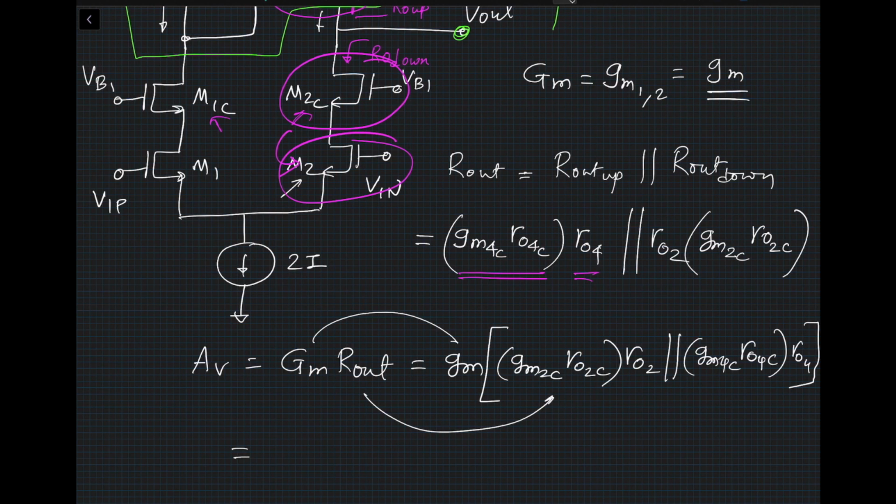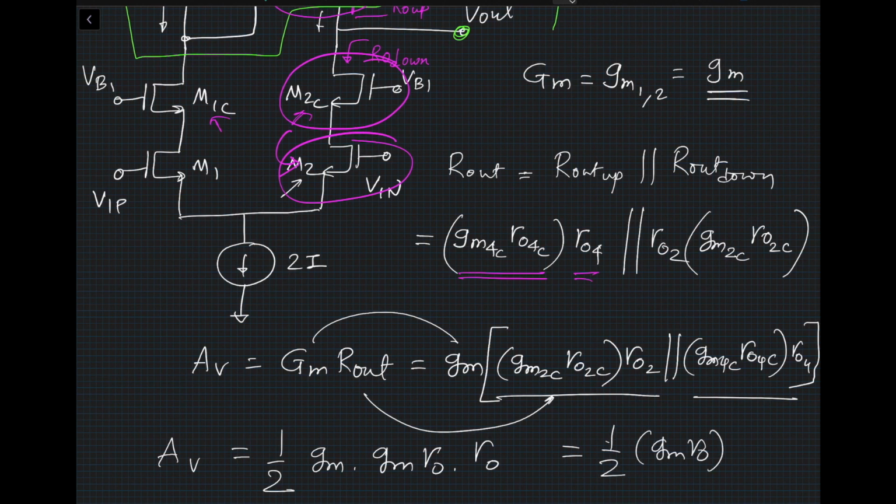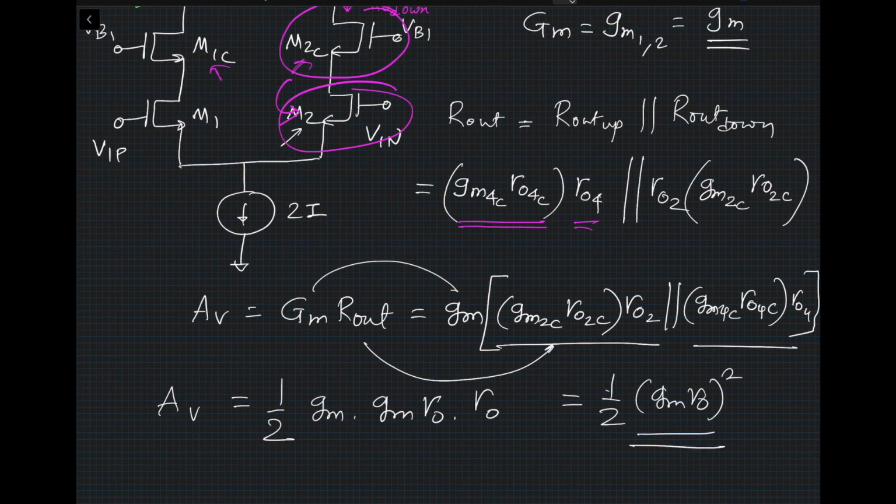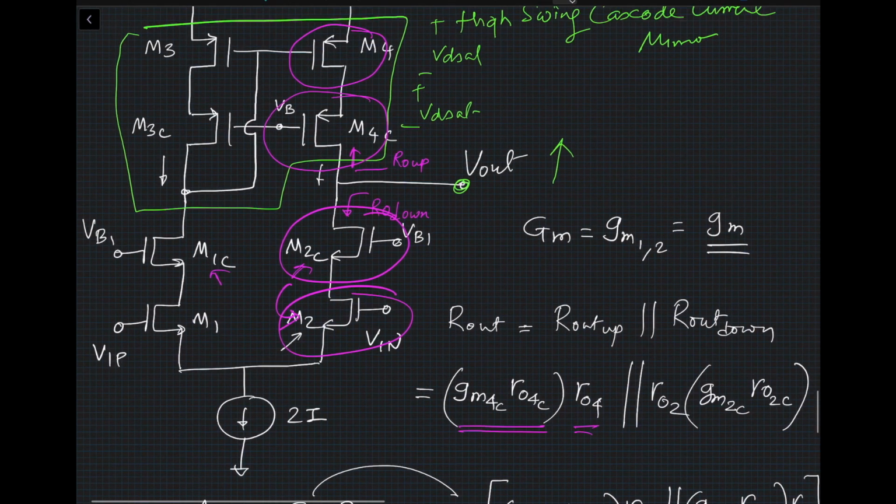So this will look like, if all the GMs are equal and if all the R outs are equal, then we're just trying to get an idea of ballpark numbers, right? So then this AV is going to look like, you can convince yourself it should be half, because these two quantities will be equal, and it will be GM times GM R out times R out. So this looks like half GM R out square. You can see that in the single stage, single diff pair with single current mirror, we just got GM R out divided by 2. Now in this case, I get half GM R out square. The gain is squared, which is a large number. So this is one way you can improve your gain.